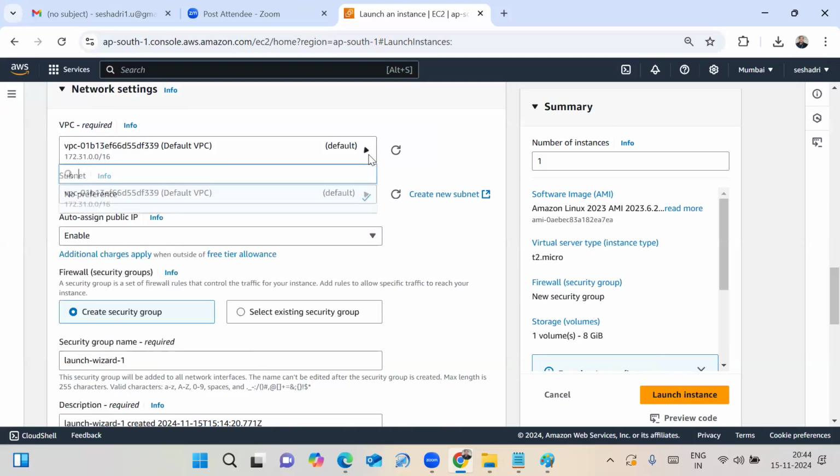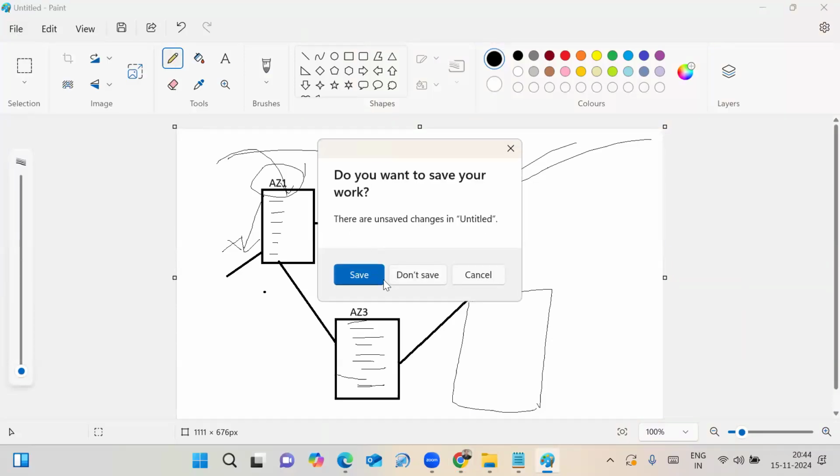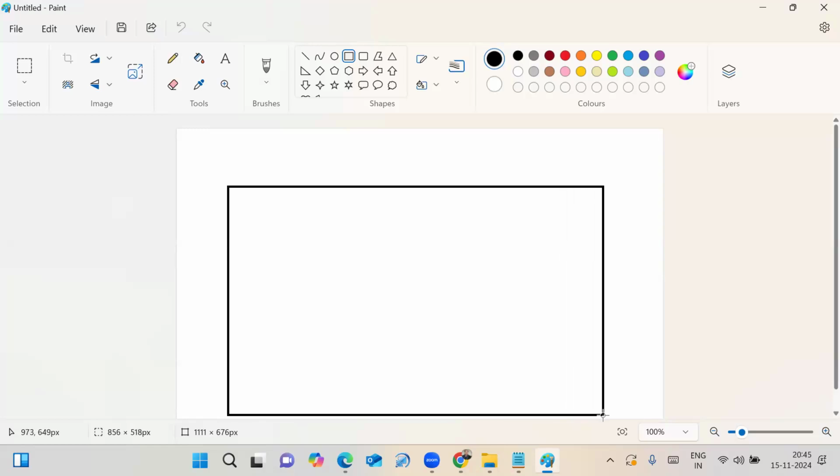Someone is asking, what is the subnet? Subnet is nothing but, I'll tell you, just wait. This is my complete AWS system, the complete AWS service, globally. Now, here I need to choose the Mumbai region.